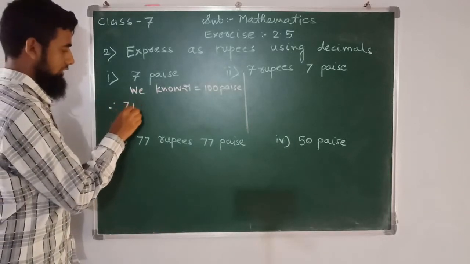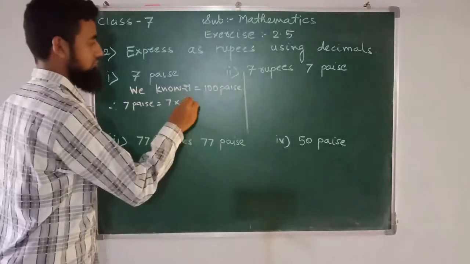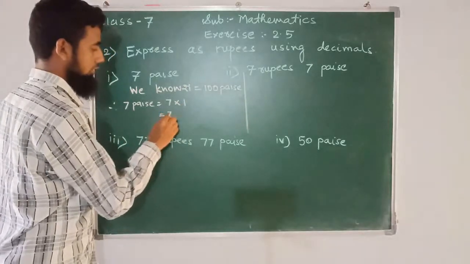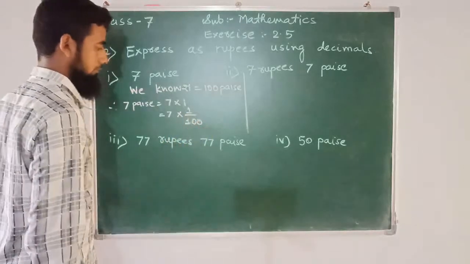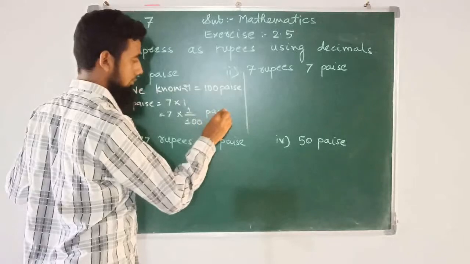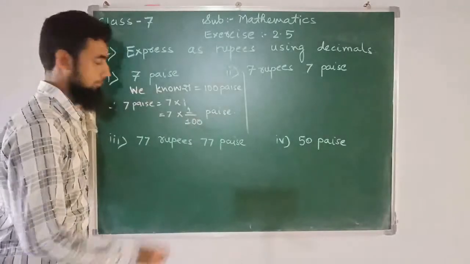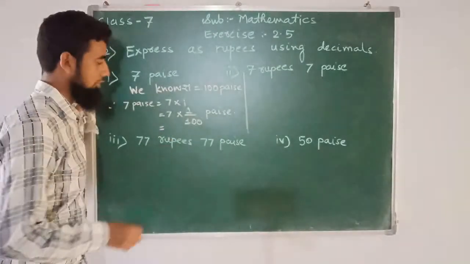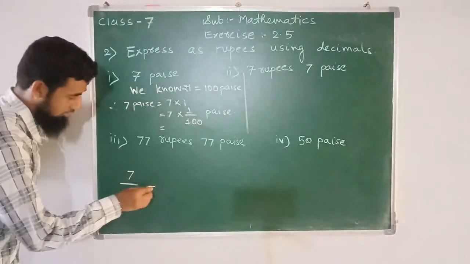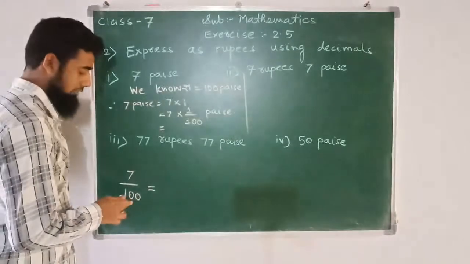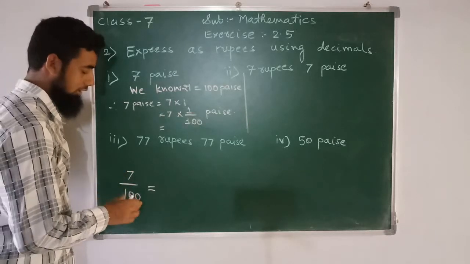Therefore 7 paisa is equal to 7 multiplied by 1 paisa. Okay, so can I write 1 paisa is equal to 1 upon 100. Okay, understood? 7 multiplied by 1 upon 100 paisa. So here one thing you should keep in your mind, 7 upon 100 is equal to